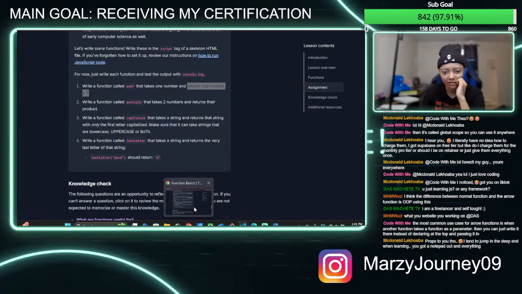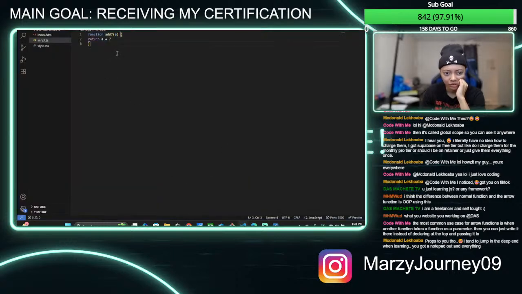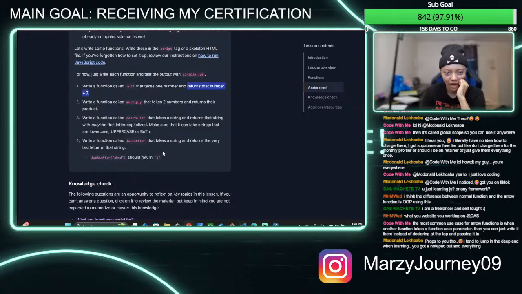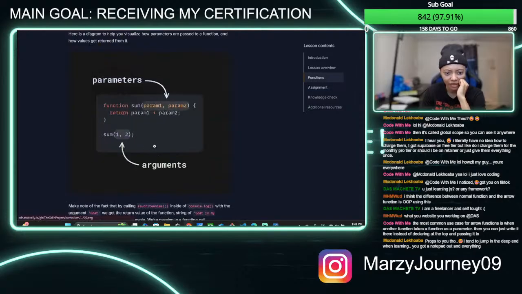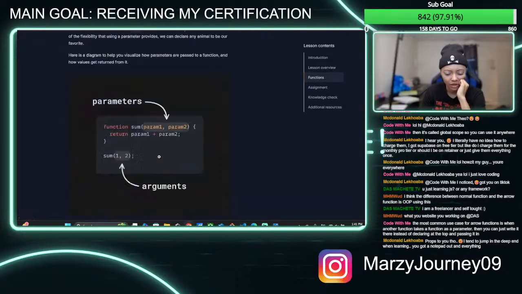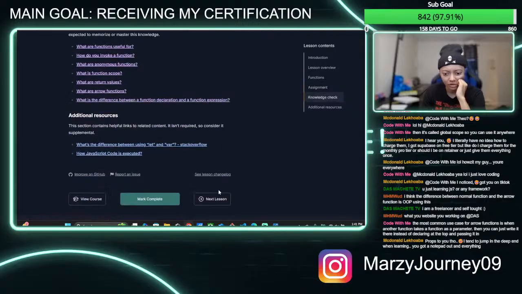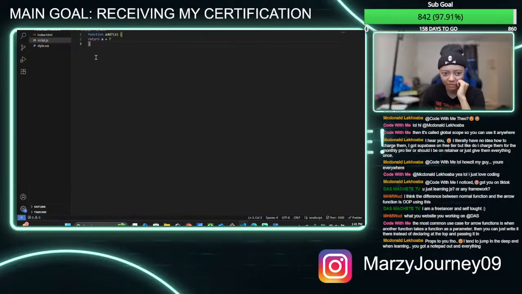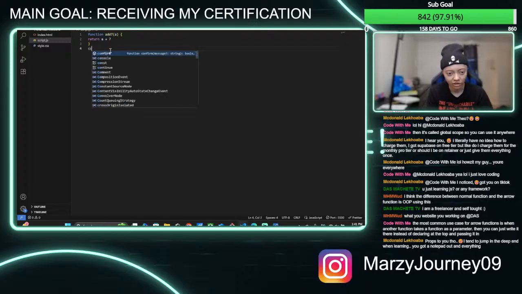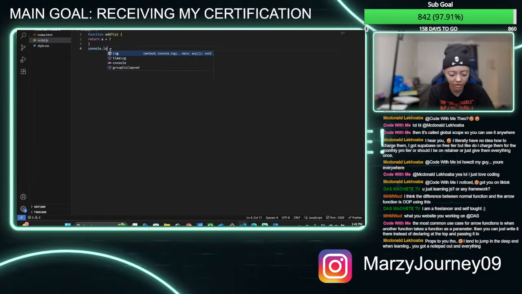Well, it's not asking me to console log. Oh wait, it says test the output with console log. Okay. So when I do the output, is my console log after or before? Okay, it's outside of my function or inside my function? So then I should be doing console log return. Wait, no, I'm so confused. I know I'm supposed to be doing return, but then it's like, how does A